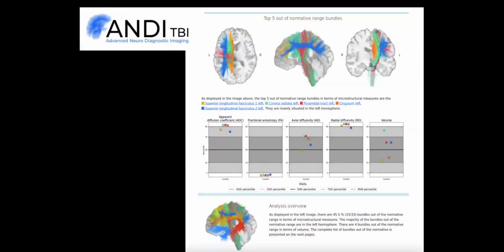But that's not all. We can again look at abnormally low FA with IMECA, which compares DTI images to a separately characterized normative database. And what it does is the program not only shows you the top 5 abnormally low areas of fractional anisotropy and can display them here in the FA percentile, here being below 5th percentile, but it looks at 33 white matter tracts. And it also categorizes the percentage of abnormality in all these bundles. And so this is an individual who had 5 really abnormal tracts, but 15 out of 33 bundles outside of the normative range.